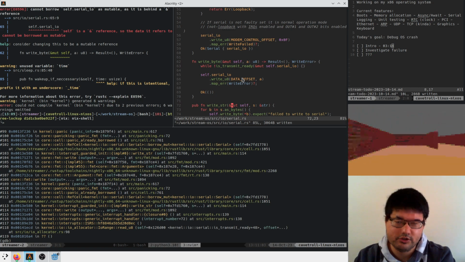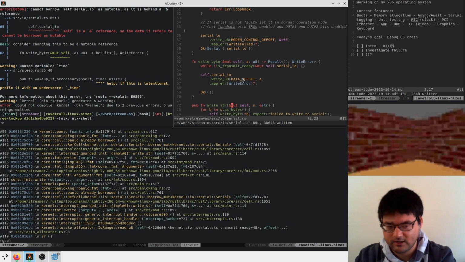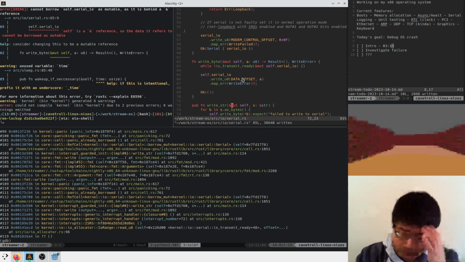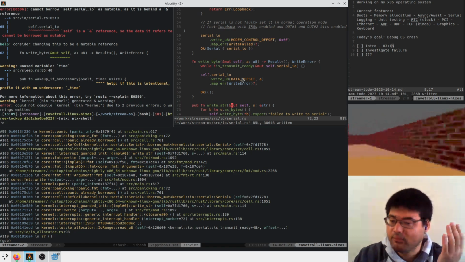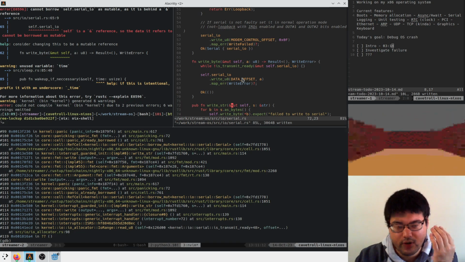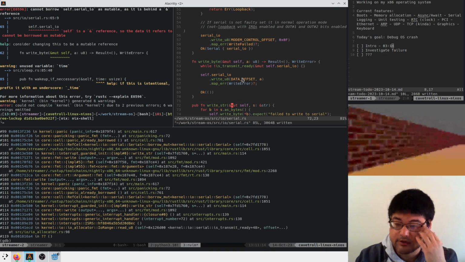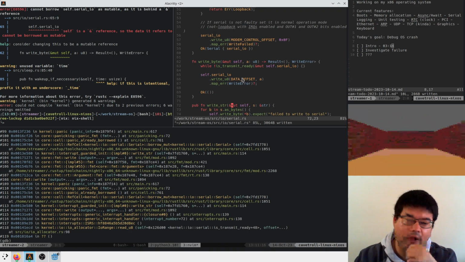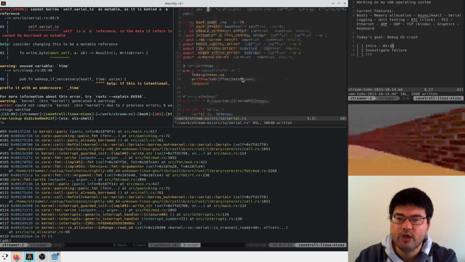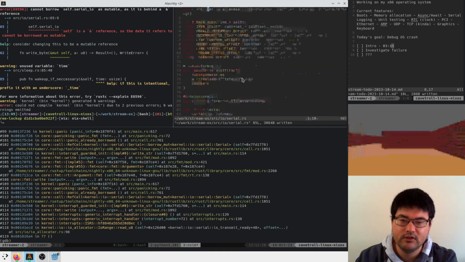So maybe what I was going to say is I could try a mutex, right? I could wrap this in a mutex, but then if I print from an interrupt, the mutex might be locked, or we might deadlock, so we can't do that either. So I guess what we'll do instead,